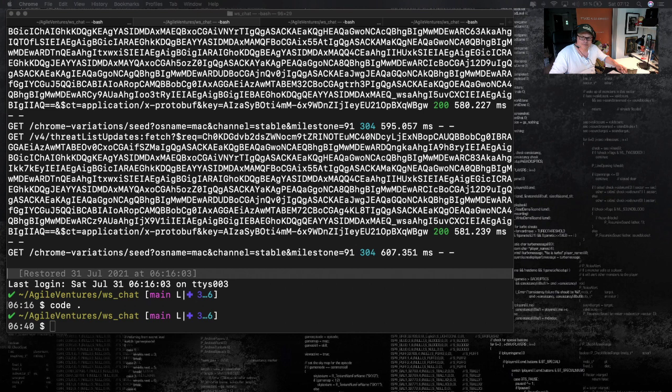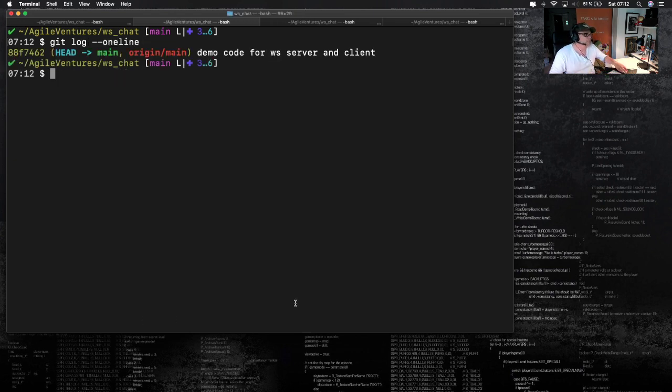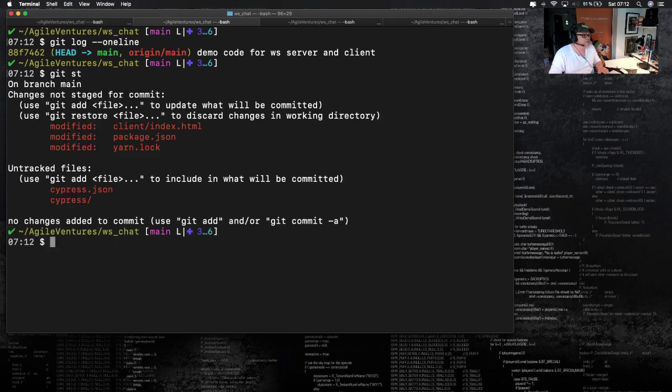So let's see if we can do some VS Chat. Let's clear this up and do a git log one line like this. Demo code for VS Server and client in git status. Let's see what we changed. Well, right, we did like that. So git diff